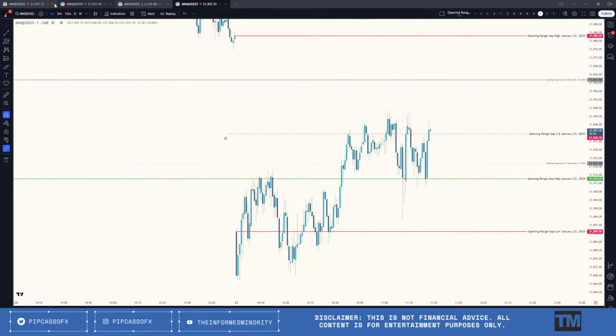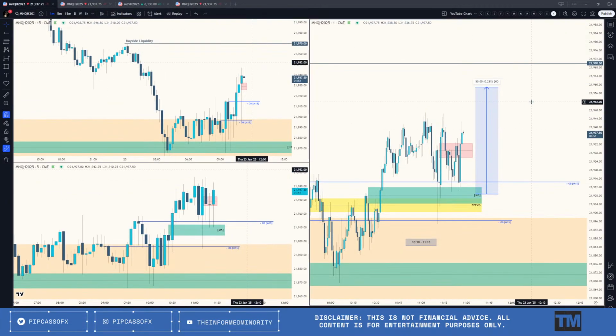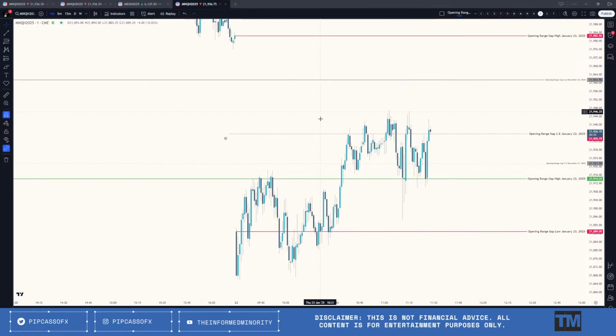Yeah, I understand we hit consequent encroachment. There would be some times where I would see that, or I wouldn't see it, but I would have no idea that we're hitting the midpoint of the gap, and so those are things that I didn't notice in trades in the beginning. I put an alert here so I know that it was hit. But for some reason now when I do it, it hits it all the time.